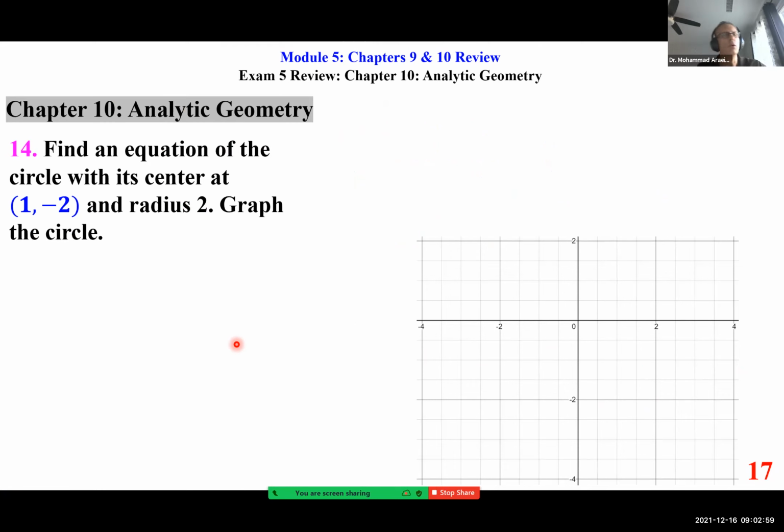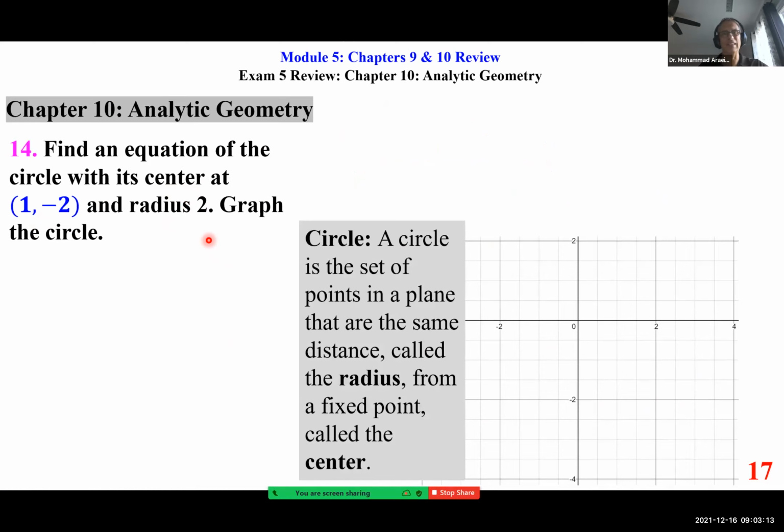We want to find an equation of the circle, which has the center at 1, -2, radius of 2. We want to graph the circle. So with that being the case, first, let's remind everybody what is a circle. A circle is the set of points in a plane that are the same distance, called the radius, from a fixed point called the center,